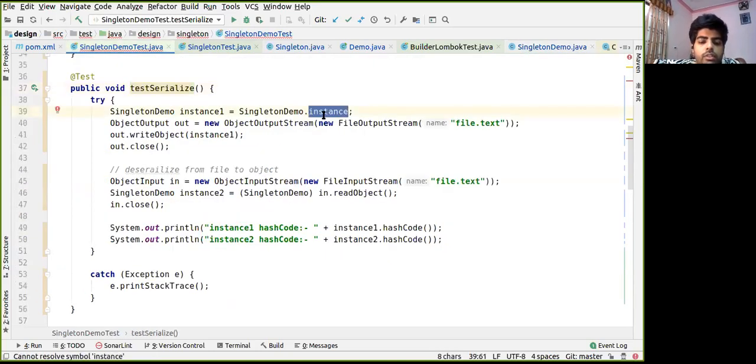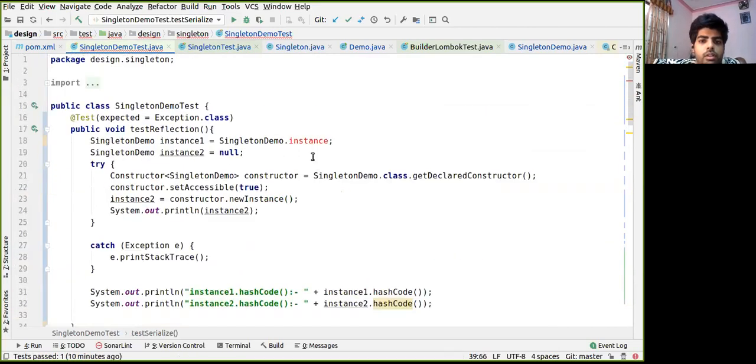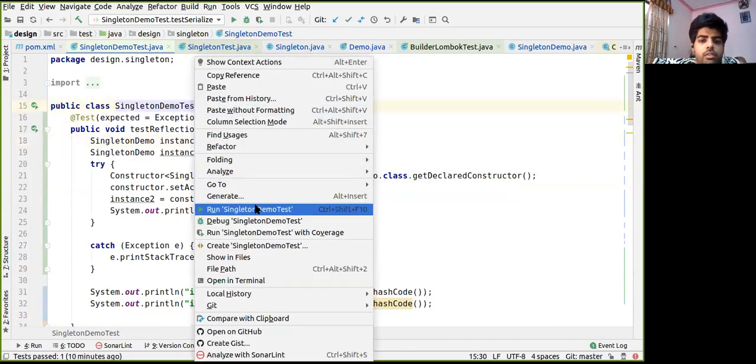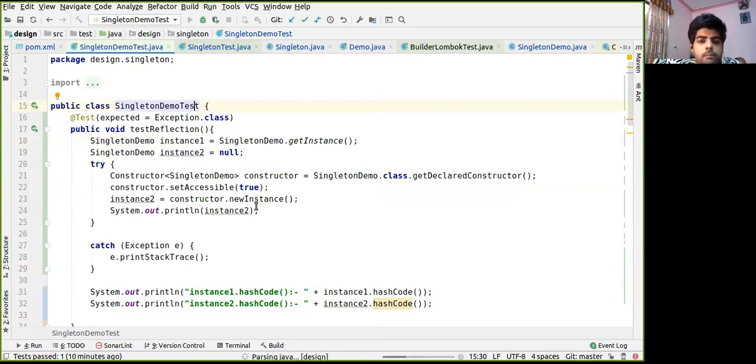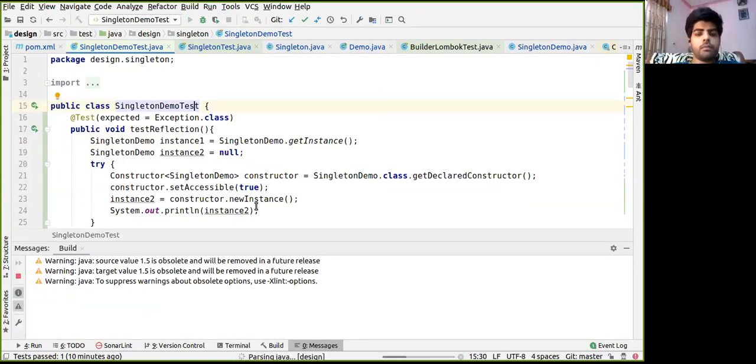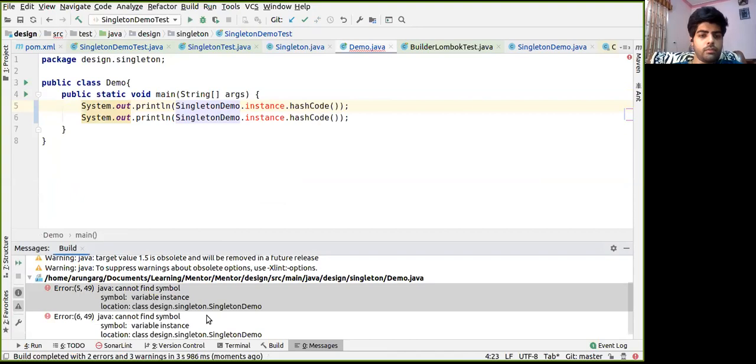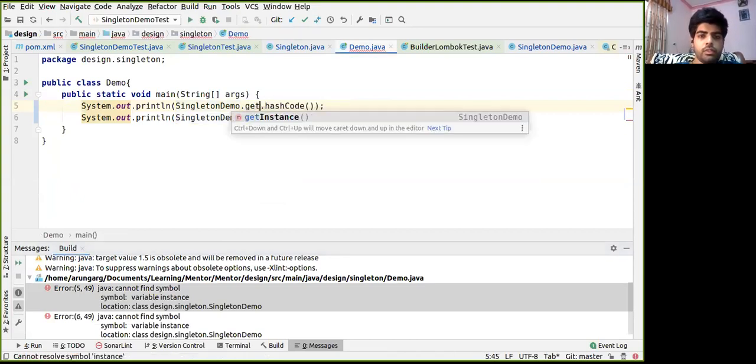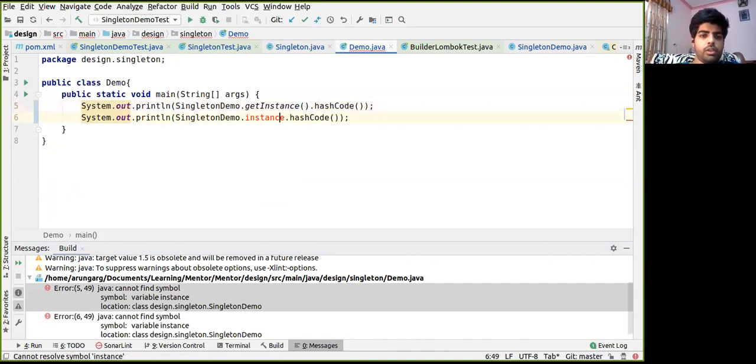So here, instead of a field, we will use the method. Similarly here. Okay, just a second. So we don't need it anymore, so we'll delete it.